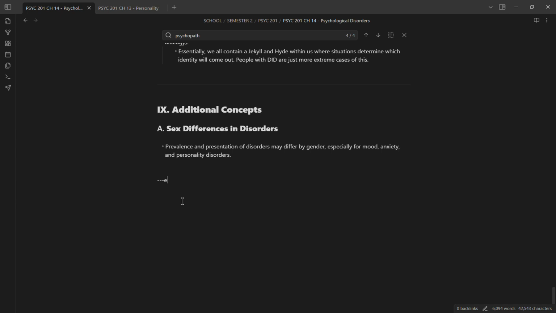An additional concept here: sex differences in disorders. Prevalence and presentation of disorders may differ by gender and age, especially for mood, anxiety, and personality disorders. Right. Men and women aren't equally as likely to get different disorders here. Yeah. That is our lecture